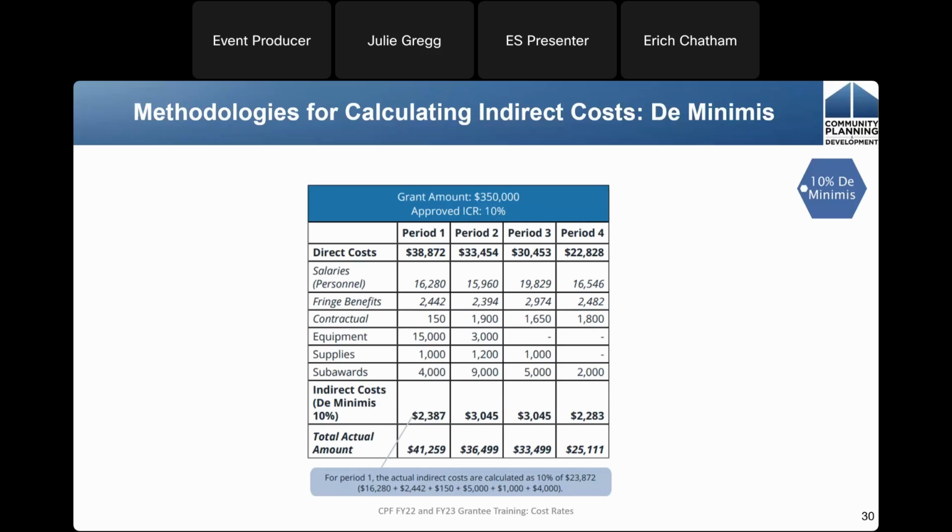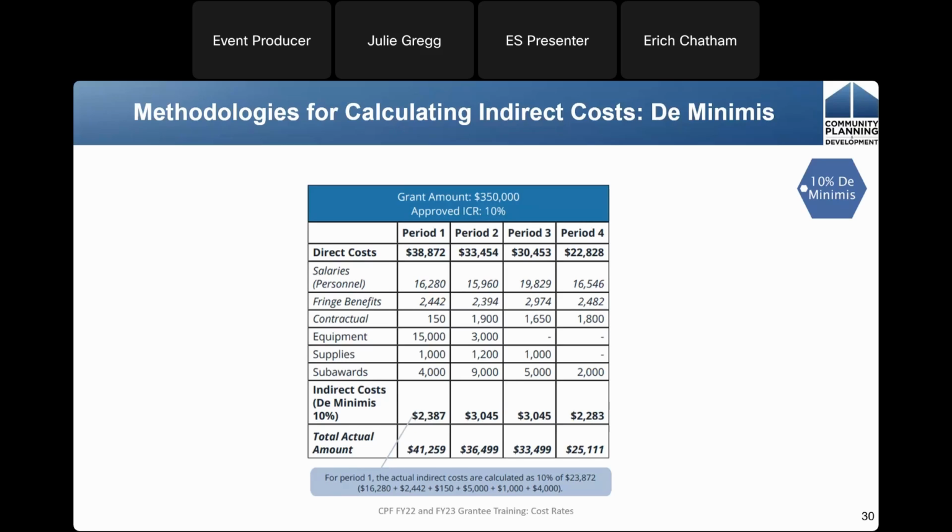The de minimis rate would be $2,387. So then our total actual amount for period 1 includes all of those direct costs as well as the equipment, plus 10% for de minimis, and we calculate the basis for the de minimis by excluding the equipment cost. Grand total eligible cost for that quarter, period 1, would be